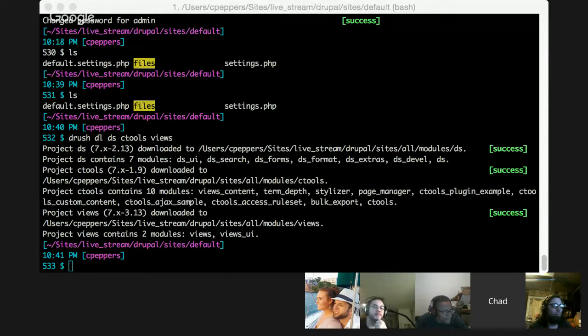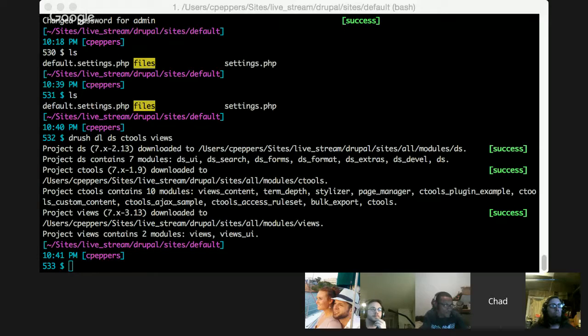So up here in modules, we're going to find Display Suite. I just did a Control F here. And here's Display Suite. So I'm going to go ahead and enable these. I'll go ahead and enable views. And it's asking me, one of the modules is dependent on Chaos Tools. So it asks me, do you want to enable Chaos Tools because it needs it? So I'm just going to say yes. So that's pretty much how you enable a module.